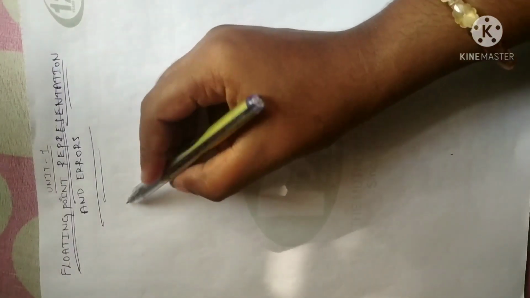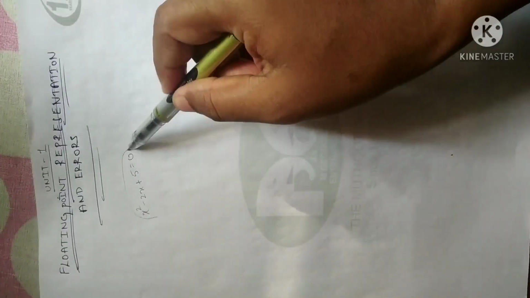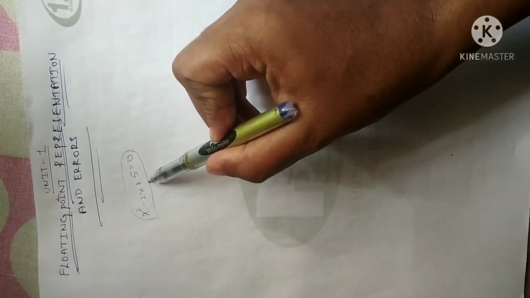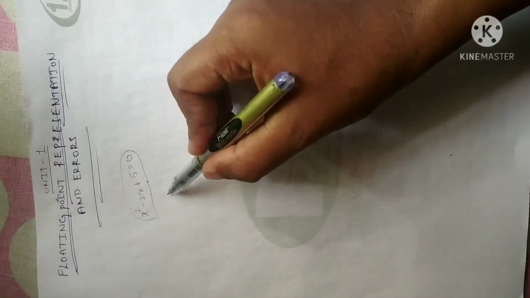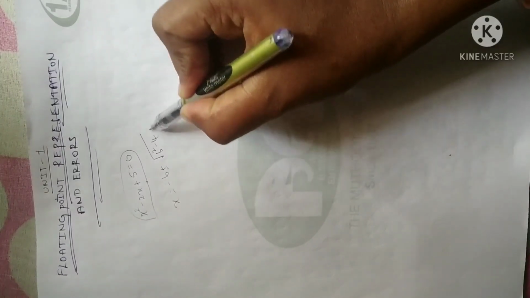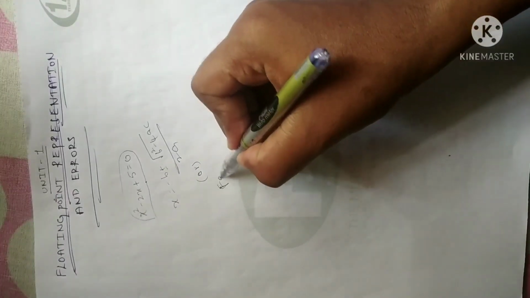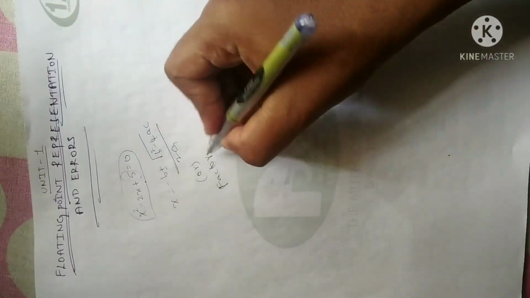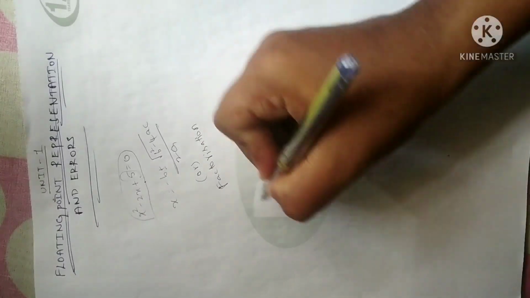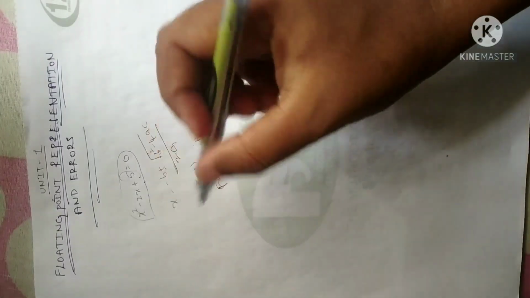First, the basics. Suppose you have a quadratic equation, say x square minus 2x plus 5 is equal to 0. You are familiar with finding the roots of this equation. Either you will use Sridhar's formula, that is x is equal to minus b plus or minus square root of b square minus 4ac divided by 2a, or else you can use the factorization method. Among these two methods you can use any one to find the roots of a quadratic equation.